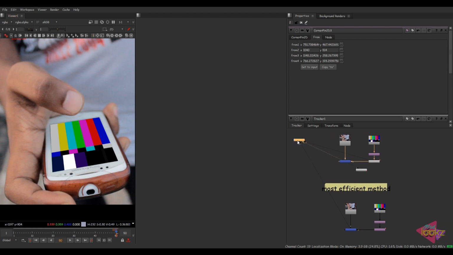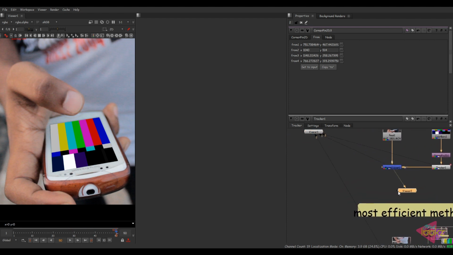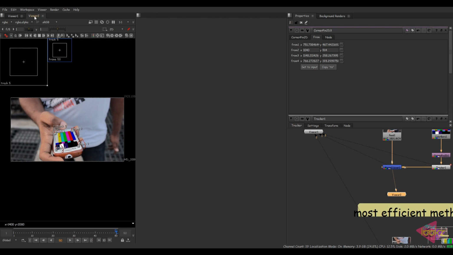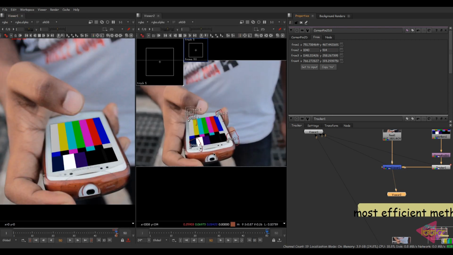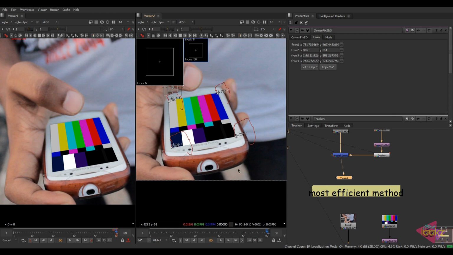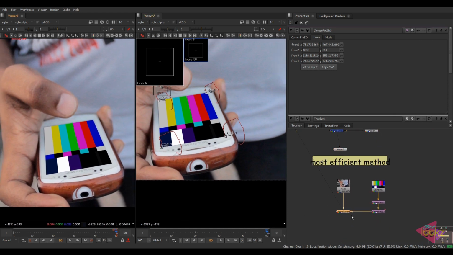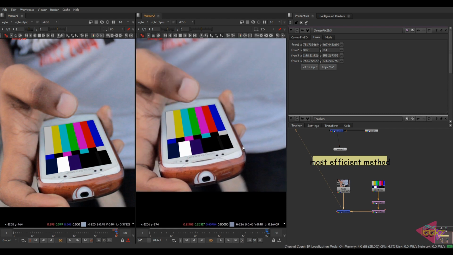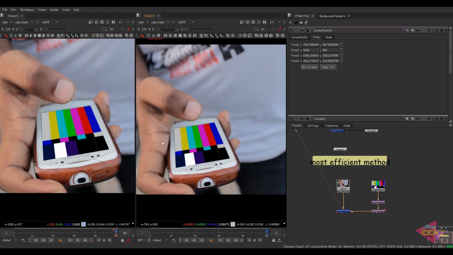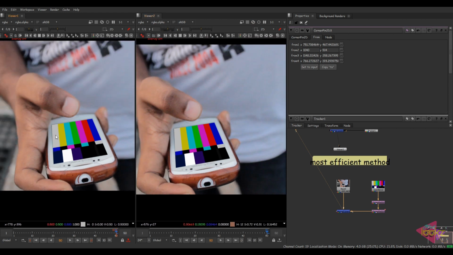Now some confusion, give me a minute. I'm just double clicking. Now we have both viewers here in both panes. Let's play and see how the result comes. I'm going to close all the properties so that you can view all these things. Now the left one is corner pin, the right one is tracker. Now let's play and see the difference between both.